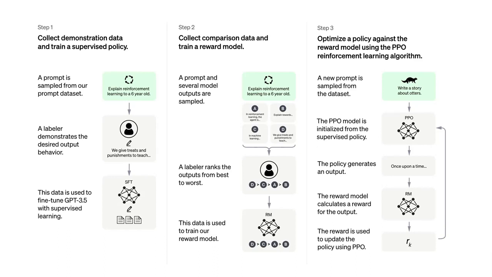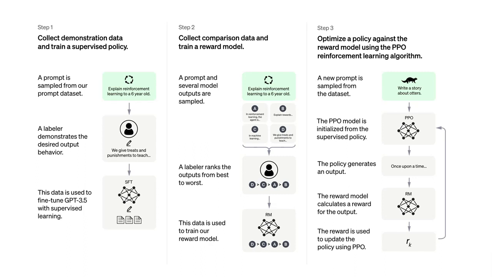The development of the ChatGPT model involved 3 phases. In the first phase, supervised learning was utilized, where a set of prompts was provided and a human labeler responded to each prompt. Using this dataset, the existing GPT 3.5 model was fine-tuned. After completing the first phase, a reward model was created. A prompt was given, and the model generated different responses to that prompt. These responses were ranked by the human labeler, indicating the best and worst ones. This process resulted in a reward model capable of evaluating the quality of responses.